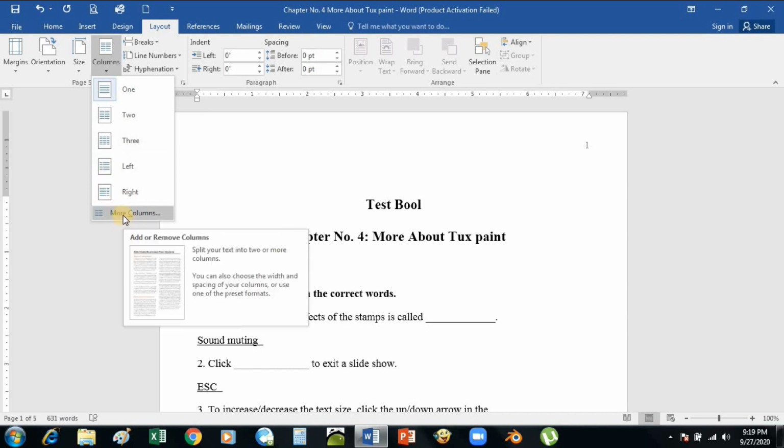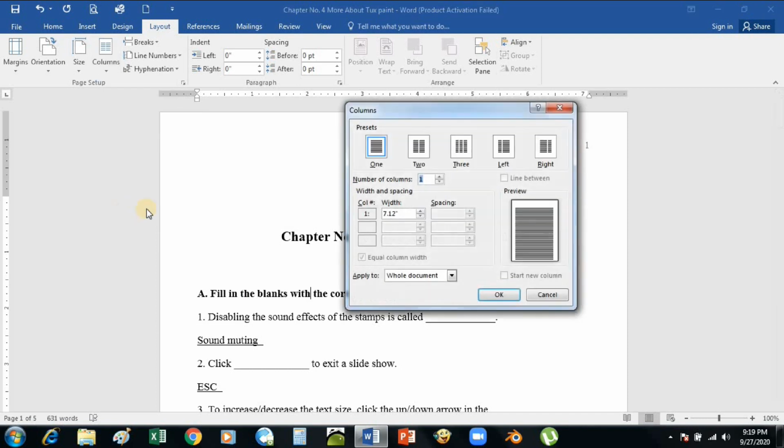In more columns, once you click, you can see different types of options are available. The maximum number of columns you can make is 13 in Word 2016, but normally I have observed that in Word 2013 it is 14 columns.